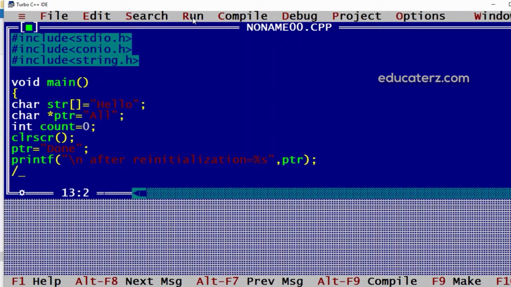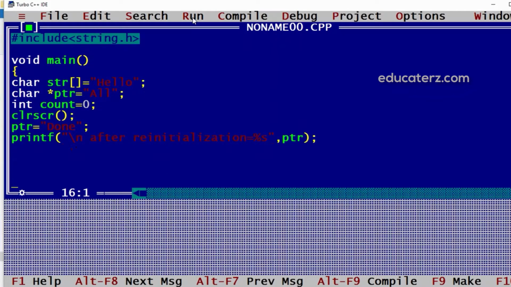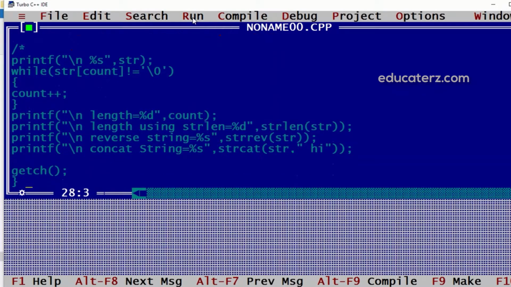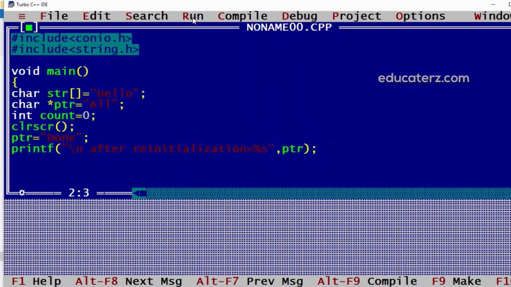So for the time being, I'll comment out all the other things just for simplicity. This count is also not used here, so I'll comment that also. So we can reinitialize it.